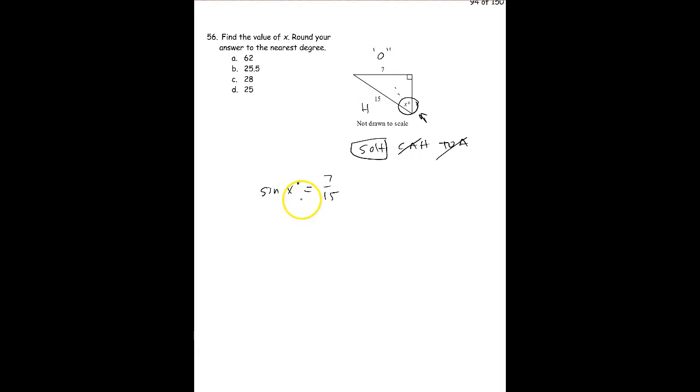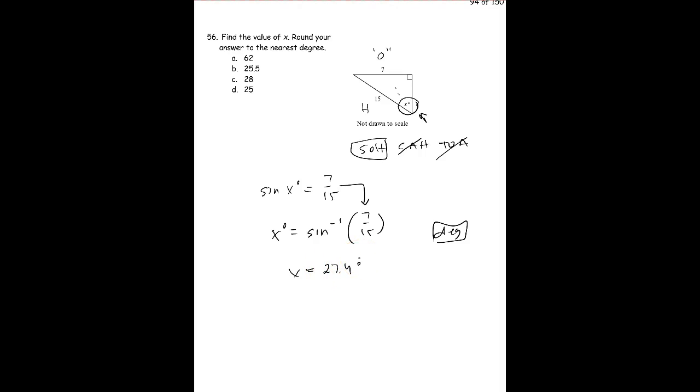And this is where you have to do the inverse trig ratios to solve for this equation. So on your calculator, what you're going to do is x degrees is equal to the inverse sine of 7/15. So I'm just taking that 7/15, and that's going to tell me the angle of x degrees. I'm kind of undoing the sine function here. So if you go ahead and put that in your calculator, again, making sure you're in degree mode, you'll get x equals approximately